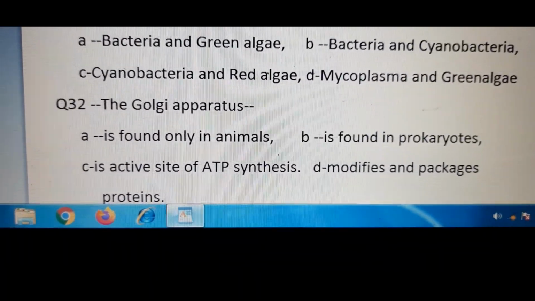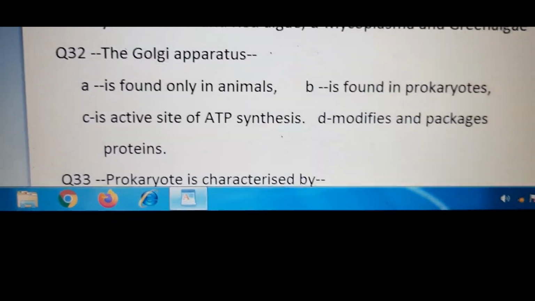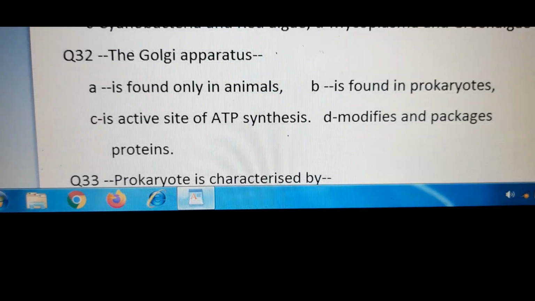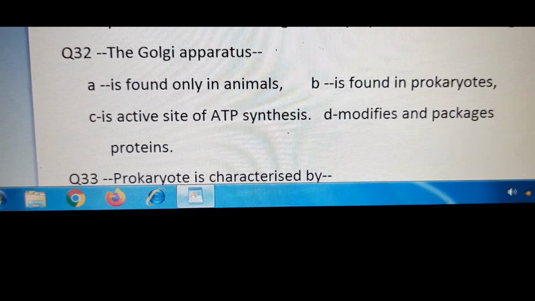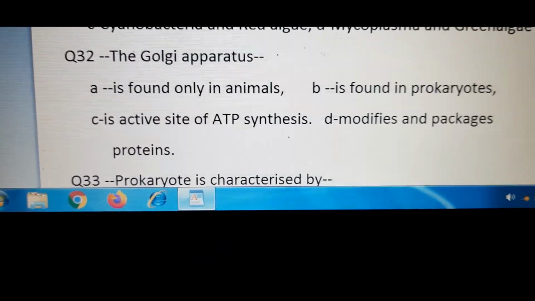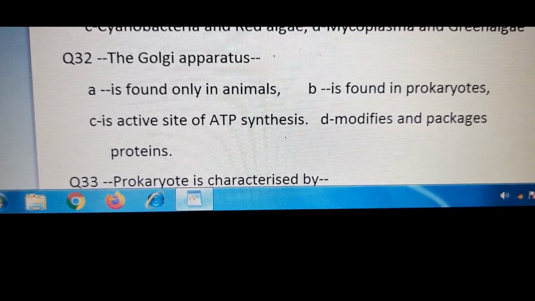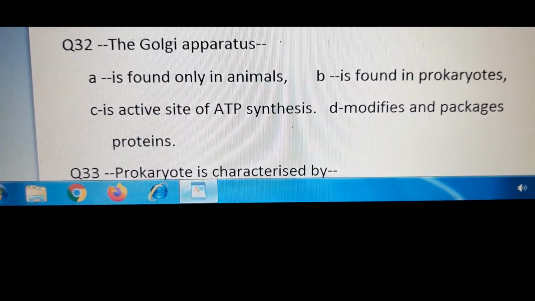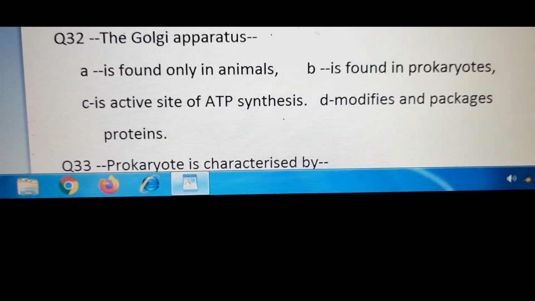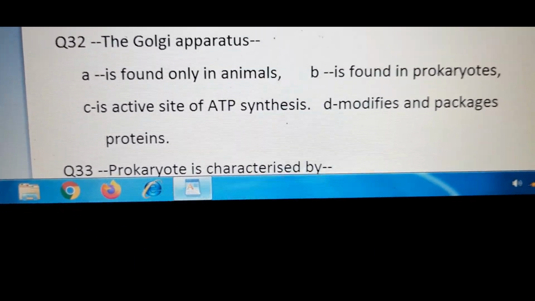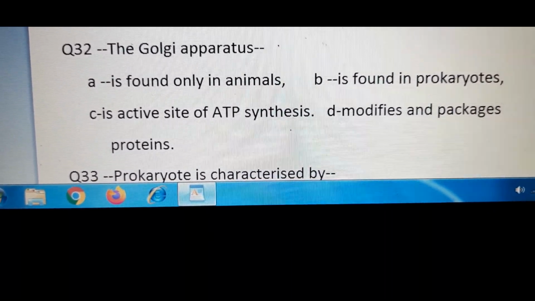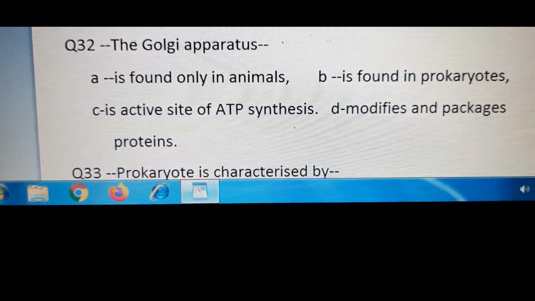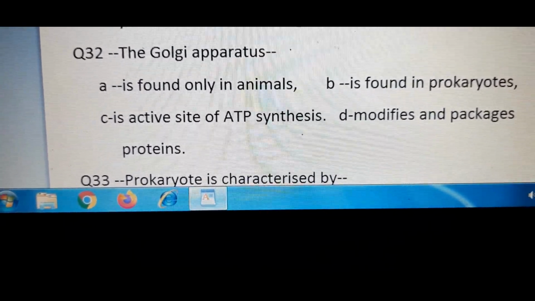Now question 32 reads like this. The Golgi apparatus present commonly in animal cells is doing this normal duty. That is D. D is the answer here. Modifies and packages proteins. That is protein synthesized in the cell. They are modified and packed to go out of the cell. So that is what the Golgi complex is doing. That's why that is the correct answer. Others are not. Now we'll better stop here. 32 questions we have covered, and next questions